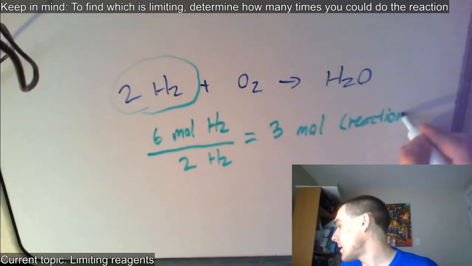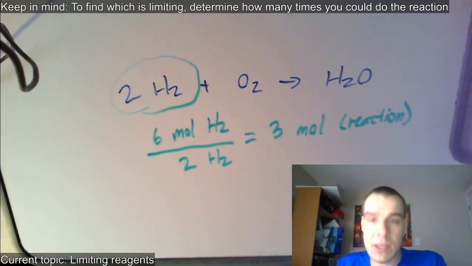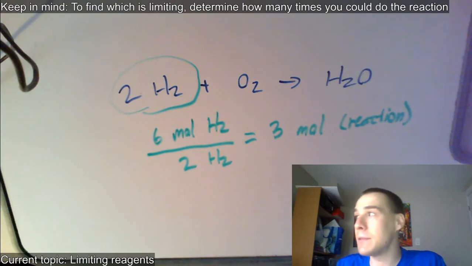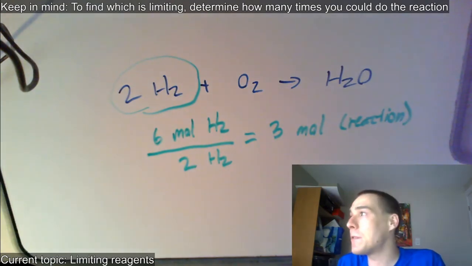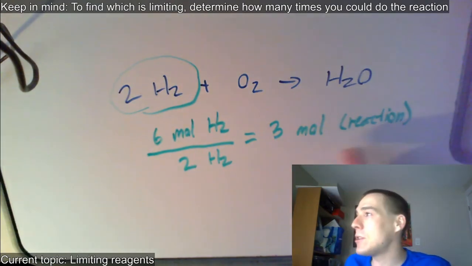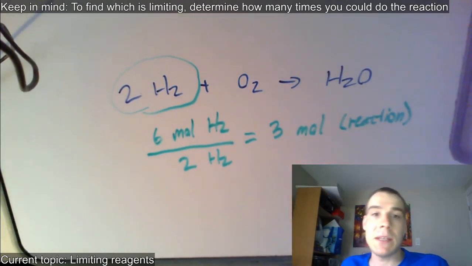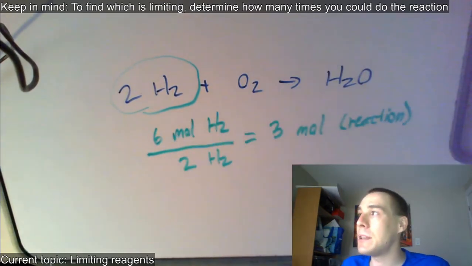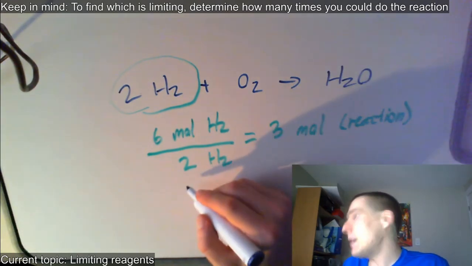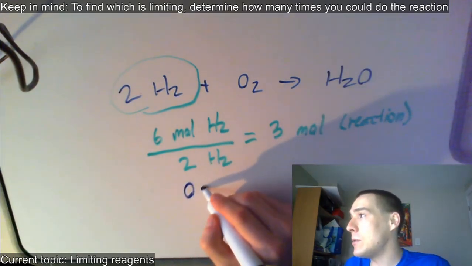You can think of it like a recipe, like, you make cookies and it says it makes a dozen cookies. Well, you can double the recipe and make 24 cookies. Well, I can do this reaction. If I have 6 moles of H2, I can do the reaction 3 mole times, right? 3 mole repetitions of the reaction, like 3 billion repetitions of the reaction, because I have 6 billion of that ingredient. If I do it with oxygen,